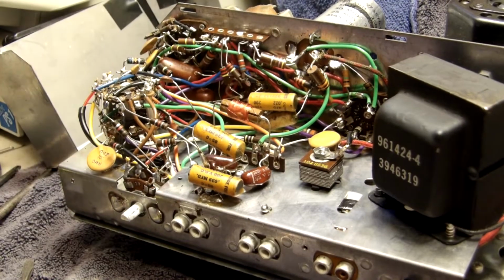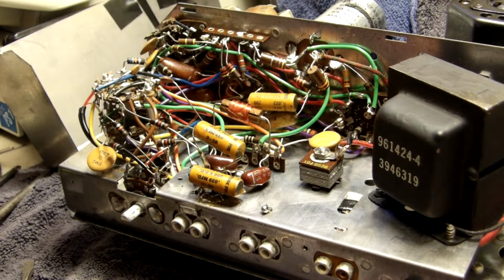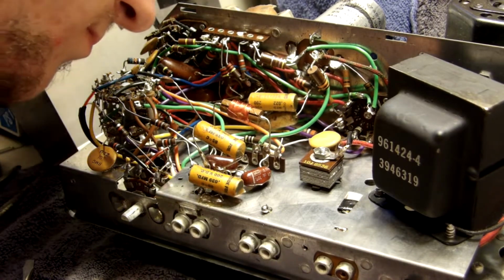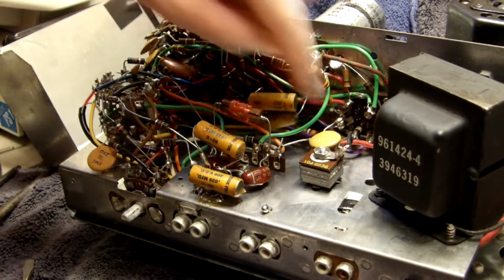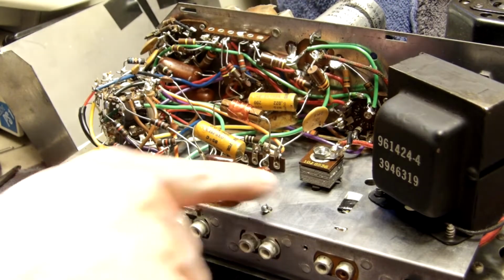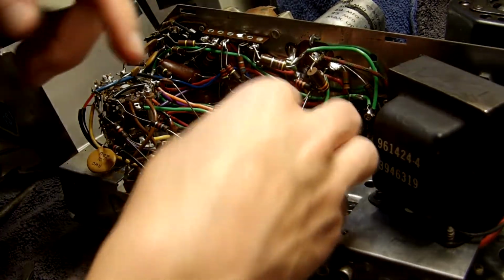Oh yeah, all original. Yep, that's bad. That smells awful. Well, that selenium is the one that went bad. I could smell the rotten eggs on it. So this has to be changed. But we do have